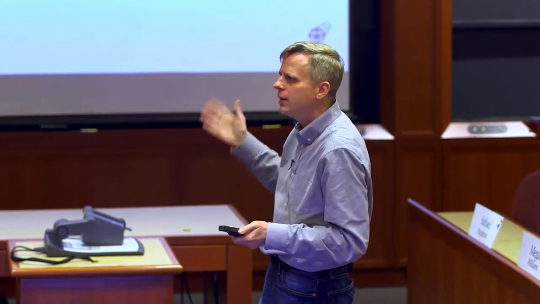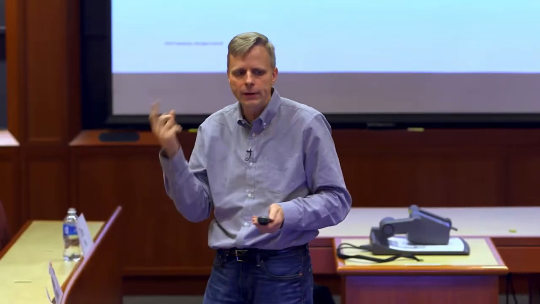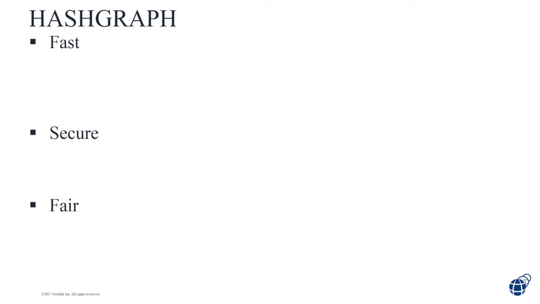So this is what Hashgraph is. It's a consensus algorithm. It's the way that the computers are going to talk to each other and come to an agreement on the transactions and on the other things. And Hashgraph is fast, it's secure, and it's fair. These are the three main things that we want in a